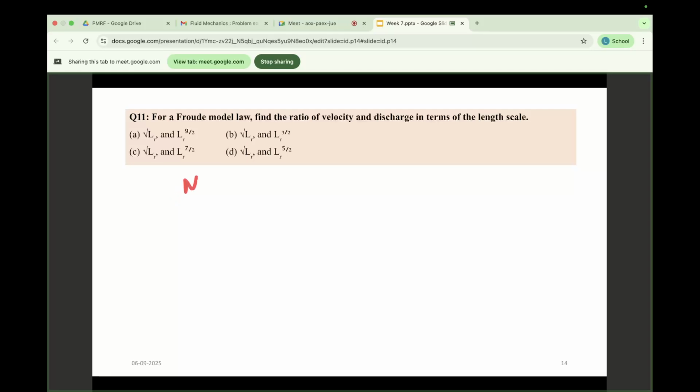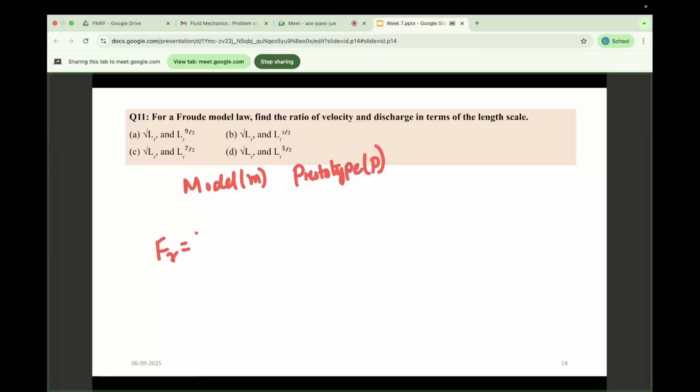Say model I represent as M, prototype I represent as P. Okay. So this Froude number, FR, say